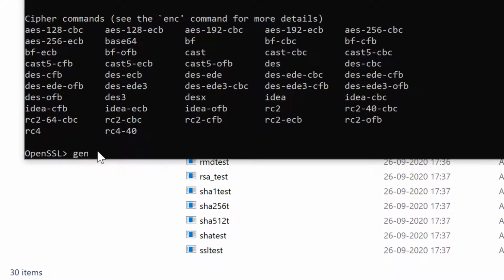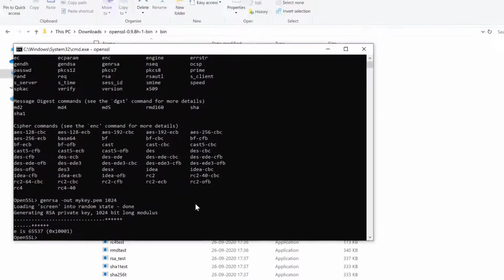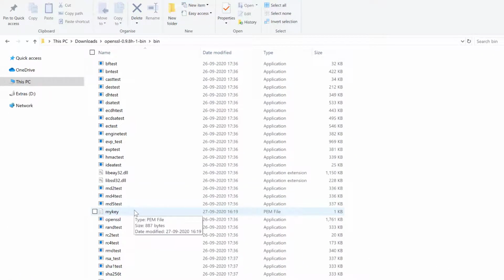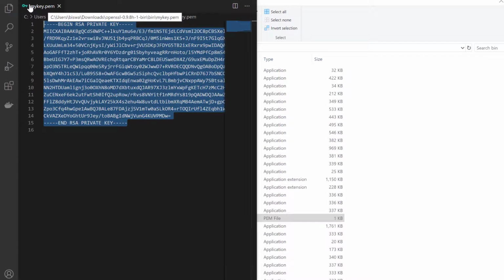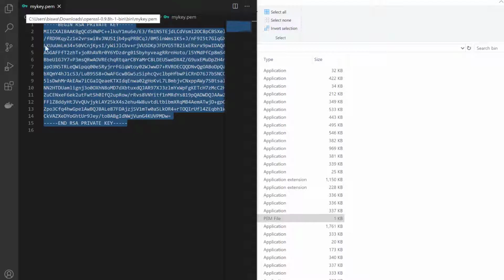The command for that is genrsa, and here I'll be outputting my output to a file. So -out, and I'll give a key name, suppose mykey. The format for the key files is .pem. Now we are going to tell how big the key should be, how many bits it should be. I'll say 1024, and if you click enter, it generates your private key. So let's open my private key. As you can see, the private key got generated here, and because of the PEM extension, Visual Studio was able to identify that it is a key file.